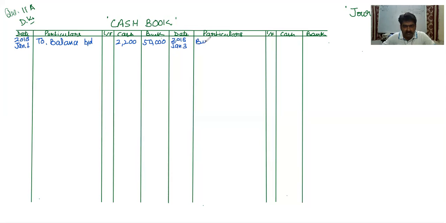So treatment in credit side will come by purchases account, and by input CGST account, and by input SGST account. Always remember one thing, if your journal entries are perfect, definitely you can do each and every question